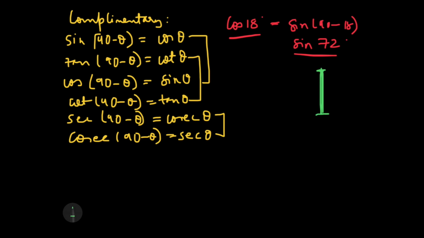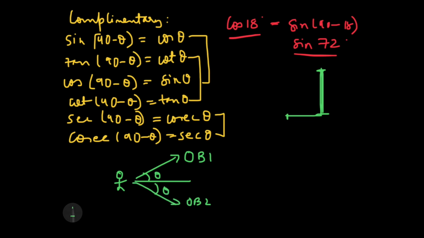Now from here I travel to a distance, this distance. While doing questions of heights and distances, guys, we need to keep two things in mind: something called angle of elevation and something called angle of depression. Suppose you are standing here and this is your horizontal. This is your object 1. If it is at the top, this is the angle of elevation, and if your object 2 is at the bottom, then this is the angle of depression.